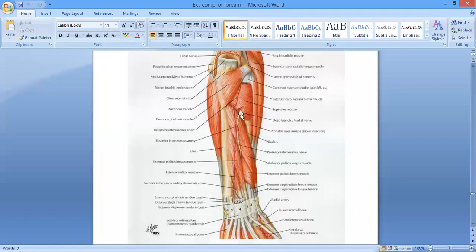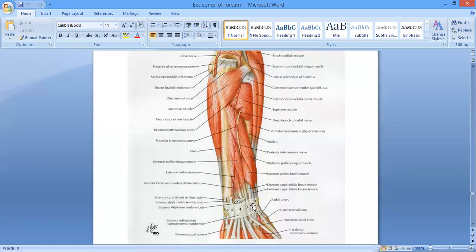And here remember one thing, that this nerve is accompanied by the artery, that is the posterior interosseous artery. Okay? And this posterior interosseous artery is a branch of the common interosseous artery, which is a branch of the ulnar artery ultimately. Well, this nerve then is going to enter the fourth compartment. It ends by turning into the pseudoganglion in the fourth compartment of the extensor retinaculum, and it ends by supplying the wrist joint and the intercarpal joints.